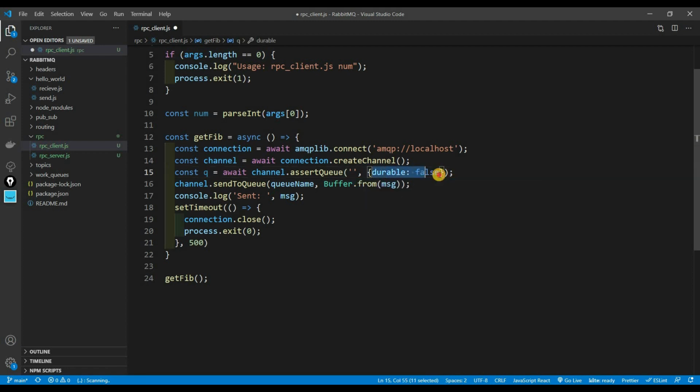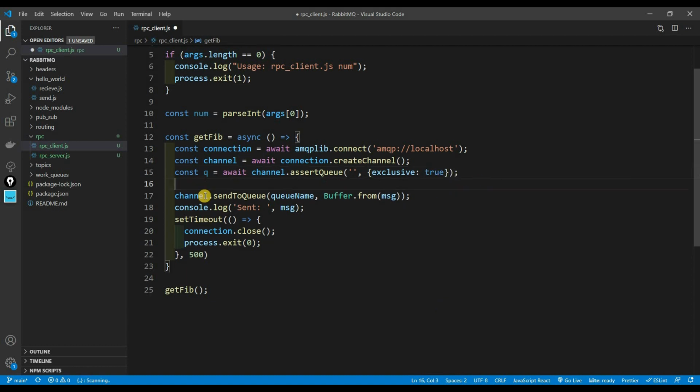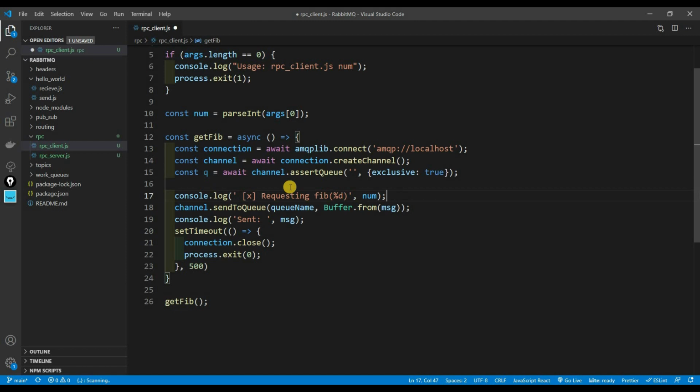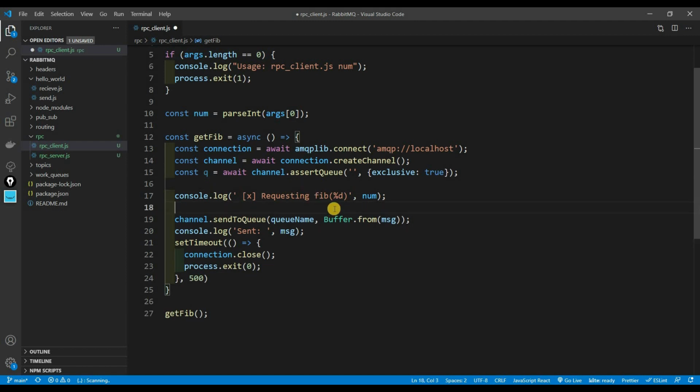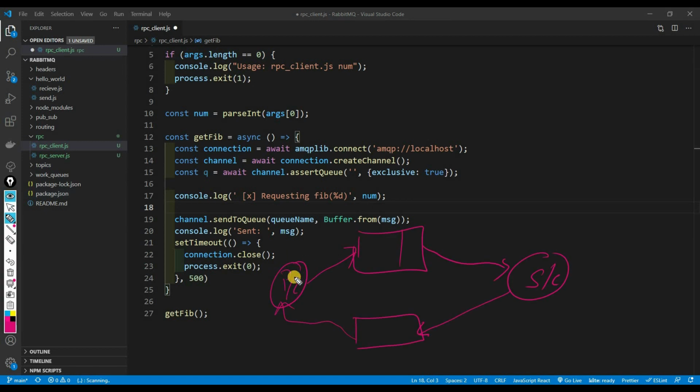Also, the durable stuff, we're going to put it as exclusive, meaning that once this program ends, it's going to delete that queue. And then after that, we're just going to console log requesting fib, the num, that's it. And before we go on, the only thing that we're going to be working on right now is this